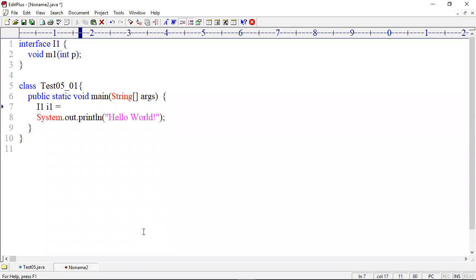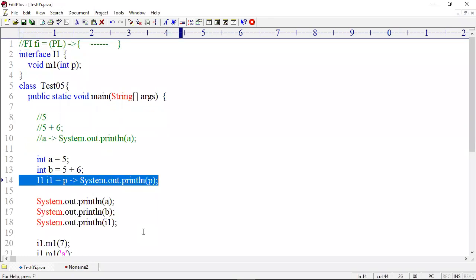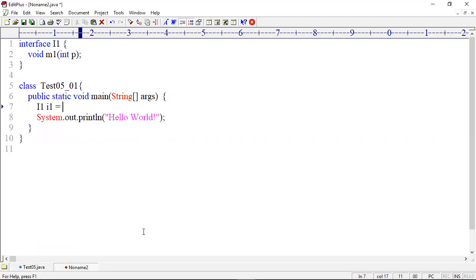This is a shortcut you need to follow from now onwards. Earlier, I just followed the Ameerpet style. What is the Ameerpet style? A lambda expression is an anonymous function, so just from that point I followed it. Then how can you execute it? A functional interface is required. That means it is an implementation of the functional interface. Without a functional interface, you are unable to write it. To prove that point, since they teach the wrong style, I followed the Ameerpet style. Now this is the high-tech style.